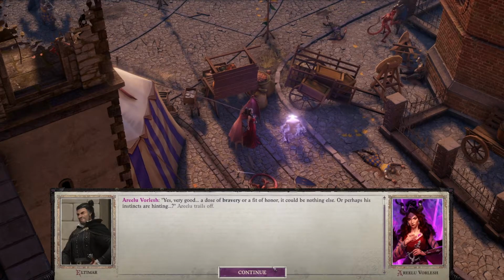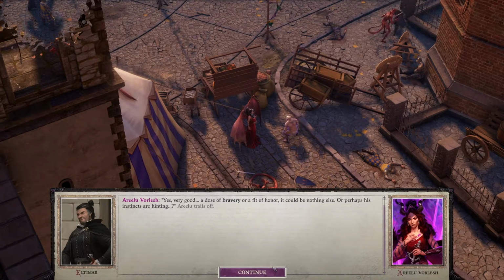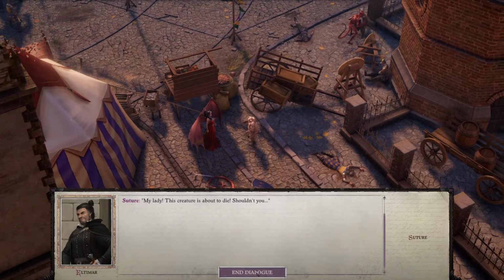Yes, very good. A dose of bravery or a bit of honor. It could be nothing else. Or perhaps his instincts are hinting. Arilu trails off. Milady, this creature is about to die. Shouldn't you...